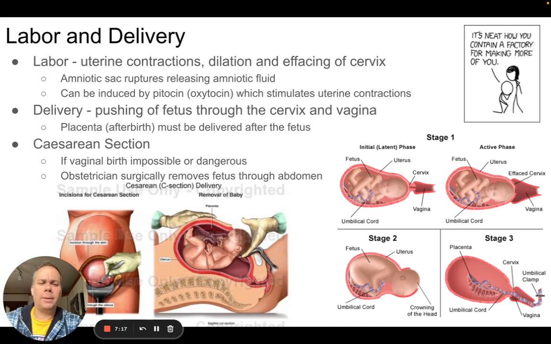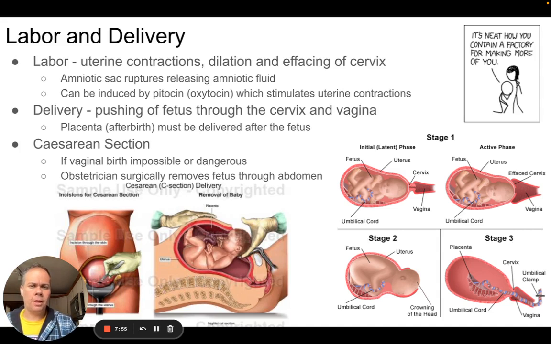And so while a woman is in labor, she will feel contractions. She will feel her uterus tighten and contract. And as labor is going on, those contractions become more intense, maybe more painful. They start to become closer together. They happen more quickly. In the process of having these contractions, what it's doing is it's dilating the cervix to about 10 centimeters, causing the cervix to what's called efface, or sort of thin. And it's getting ready to allow the fetus to come through the cervix and then eventually be born through the